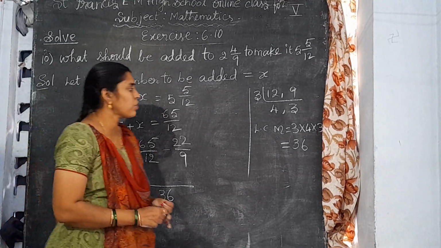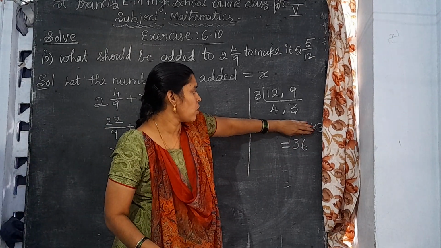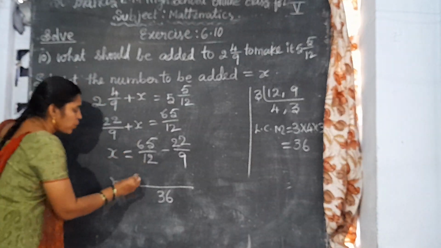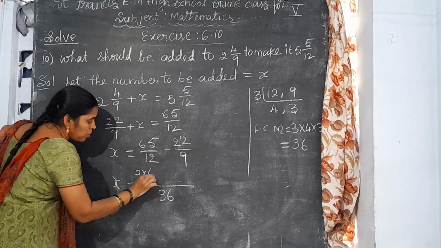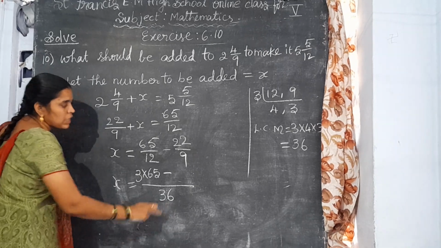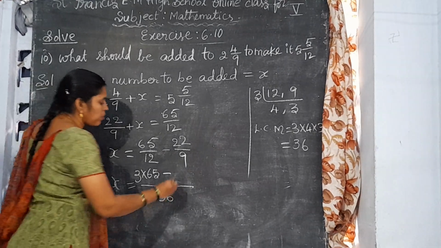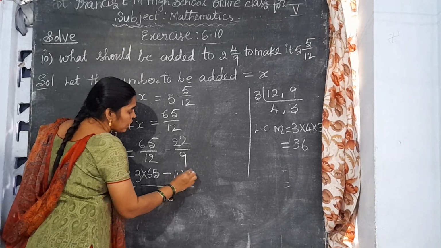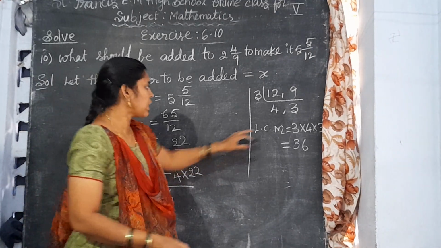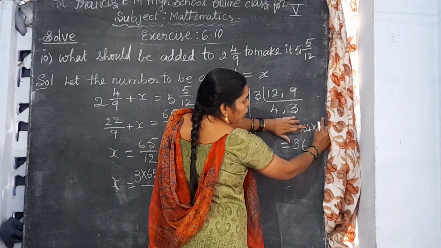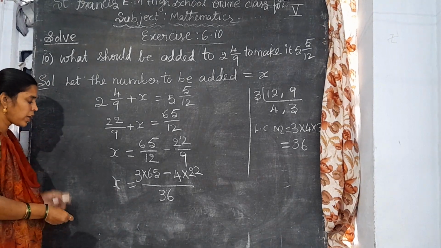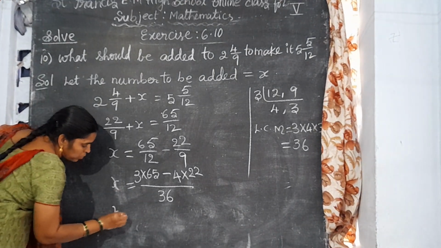Now 12 how many times will it go in 36? 3 times. 3 4s you should close it. Remaining what is there? 3. With that 3 you should multiply the numerator. 3 into 65, minus 9 how many times will it go in 36? 4 times. 4 into that numerator 22. Otherwise like this: 3 3s are 9. Close it. Remaining how much? 4. That into this numerator. Okay. Now x is equal to